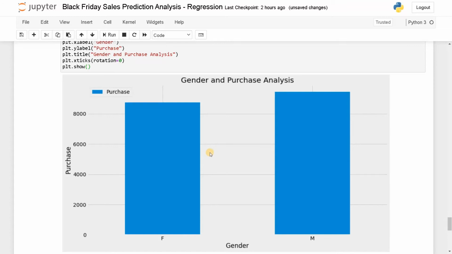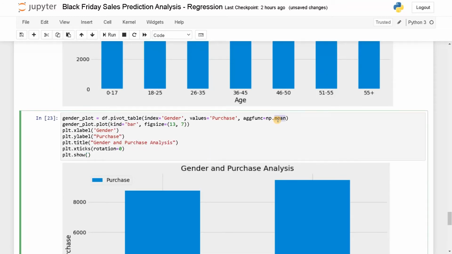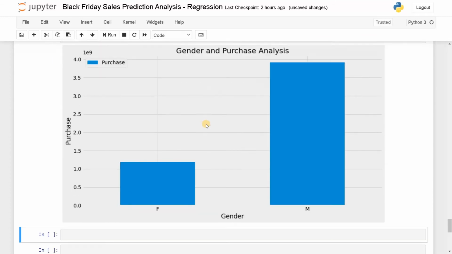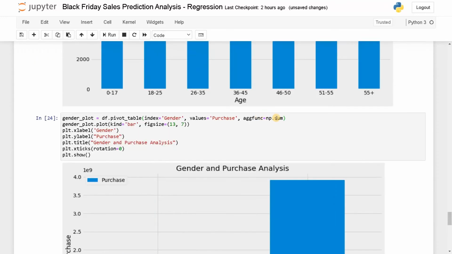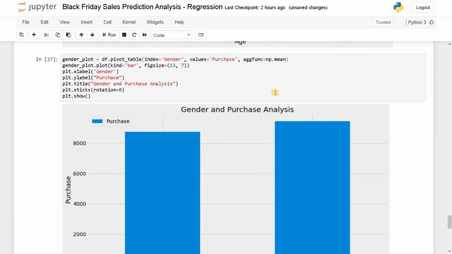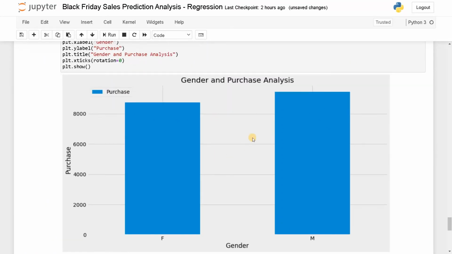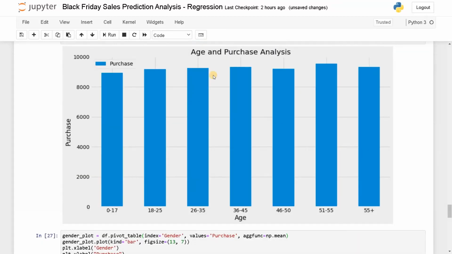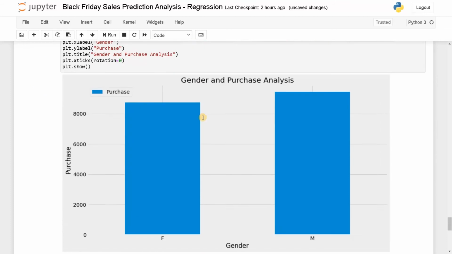It is also in the uniform manner. Again, if you change the aggregation function to some other value, it will change. So this is the chart we have seen earlier. So let's change it to mean. So this is the analysis we have. Here also, we have a slight difference. Other than that, most of the categories are in the uniform manner only.